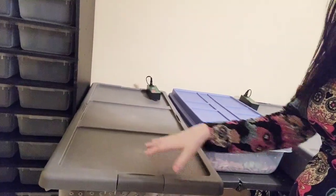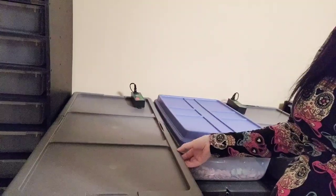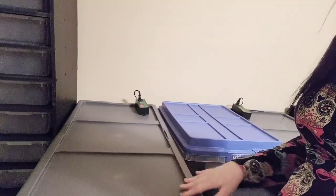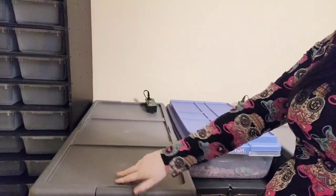So that's why when I got these, I wanted to make sure that for how long they are, there were 4 latches to ensure that the snake cannot squeeze out through the sides right here. So I would recommend that, especially if you have a longer tub. If you didn't have all 4 latches and there were just 2 latches on the front and the back,